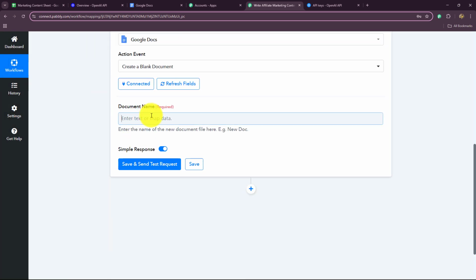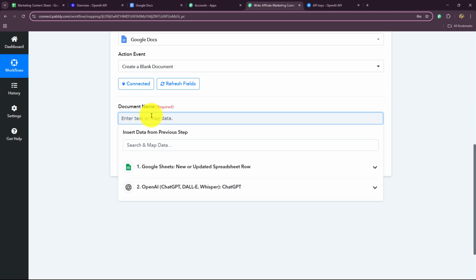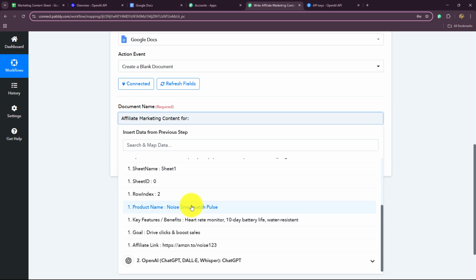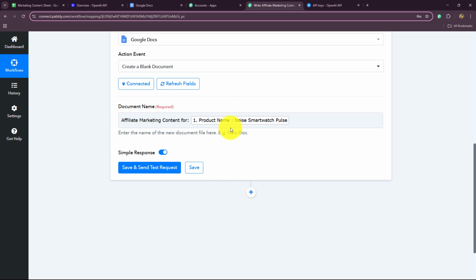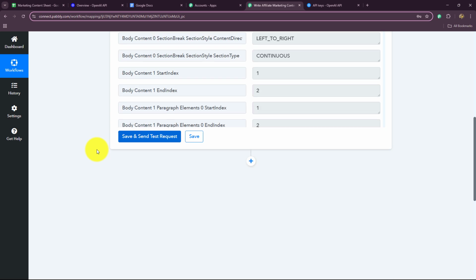Here we have to provide the document name. So I'm going to give the name to my document as affiliate marketing content for, and I'm going to simply map the product name for which we are creating this content. Now, why have I mapped this name? So that I can make the document name dynamic, so that it automatically changes with every new response. Now I'm going to click on save and send test request button, and here you can see that the response